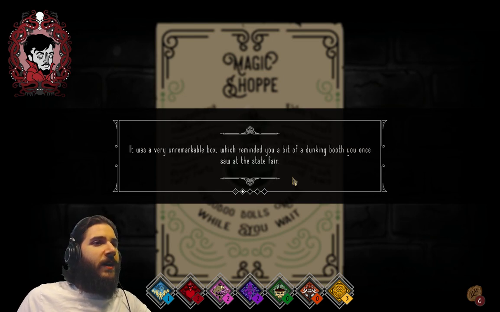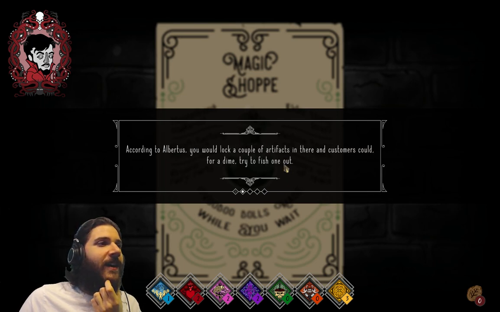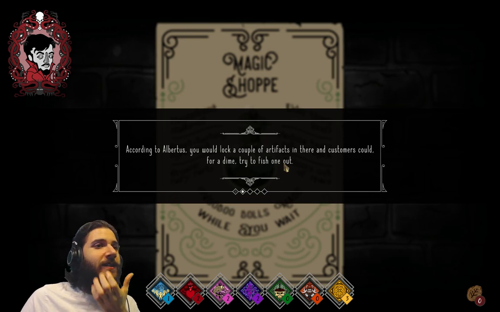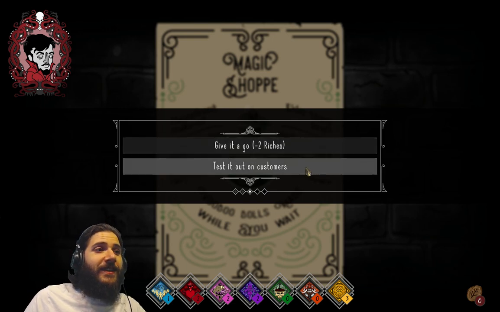It's not a remarkable box, which reminded you a bit of a dunking booth that you once saw at a state fair. Top part of the box was encased in glass, and dangling from its center was a mechanical claw. According to Albertus, you would lock a couple artifacts in there, and the customers could, for a dime, try to fish one out. He invented the claw game. Okay, so I could give it a go, or I could test it out on customers. Well, yeah,